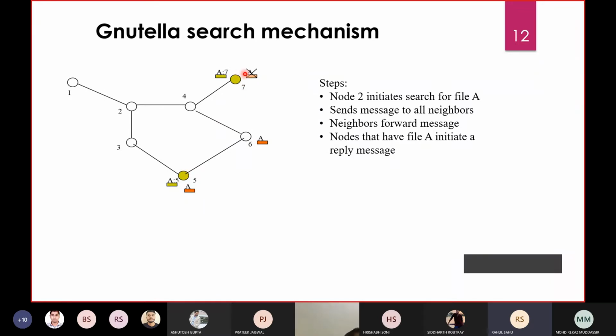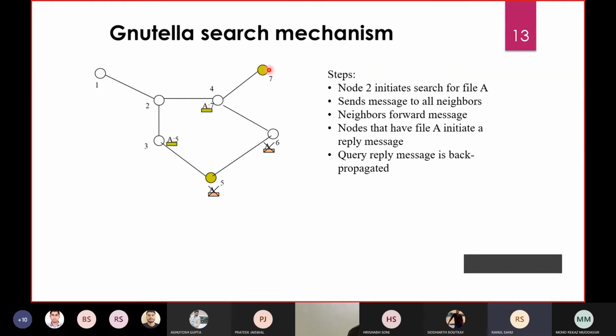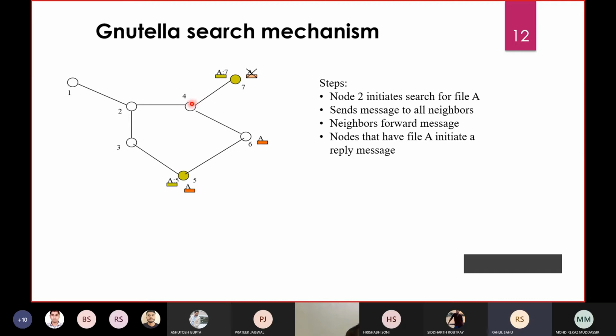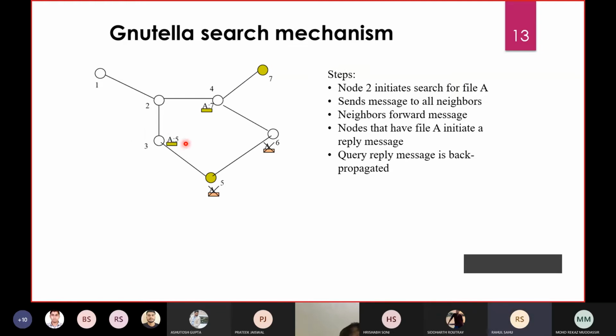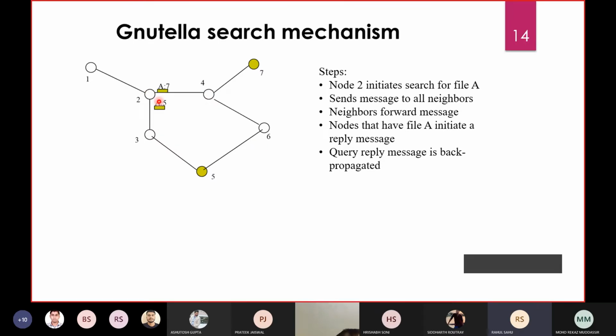So they will generate a reply message, a query hit message, to node 2, which initiated the query. This message will travel from node 7 to node 4 and from node 5 to node 3, and then on to node 2. Thus both copies will reach node 2.